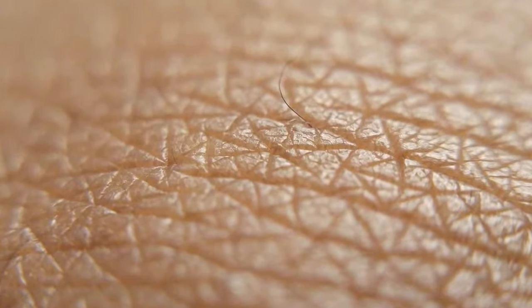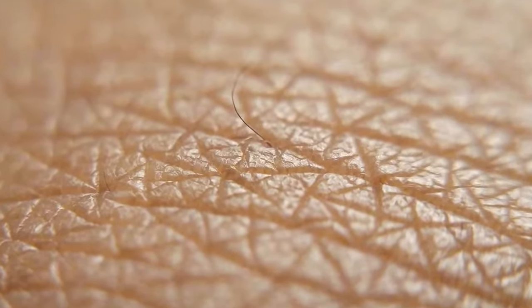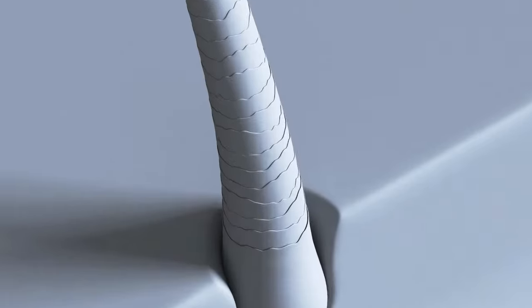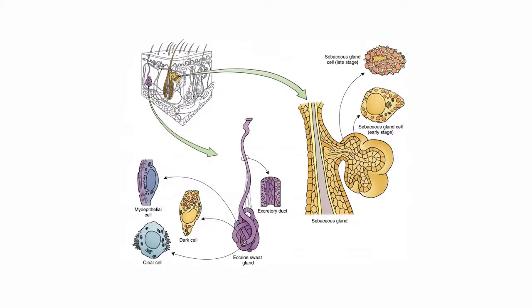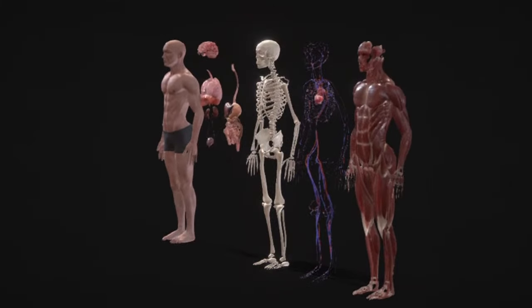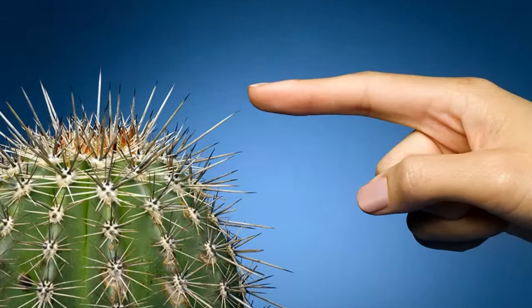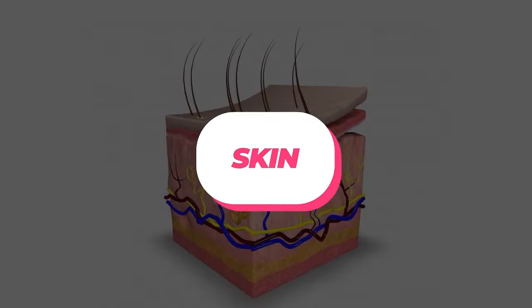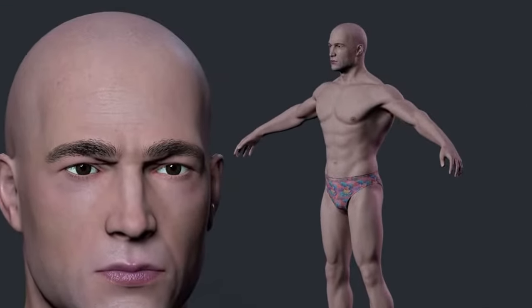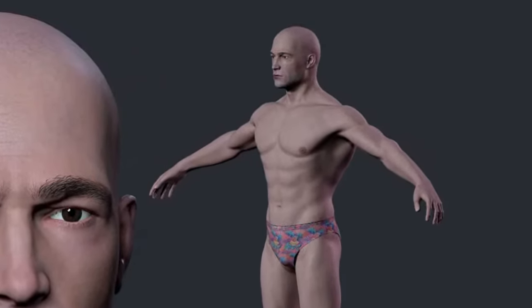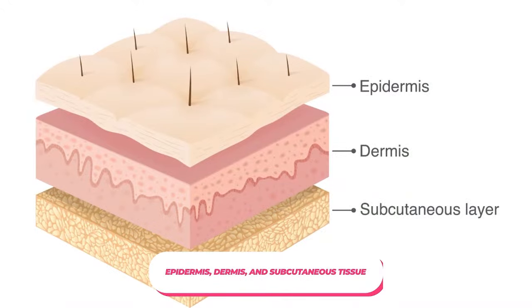In this video, we will talk about the integumentary system and its role in the formation of the human body. The integumentary system is the body's largest organ and is made up of the skin, hair, nails, and glands. It plays a vital role in protecting the body from the outside environment, regulating temperature, and sensing touch, pressure, and pain. Skin. The skin is the body's largest organ and is made up of 3 layers: the epidermis, dermis, and